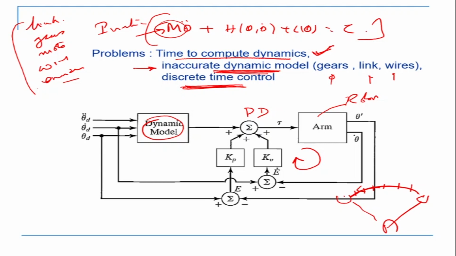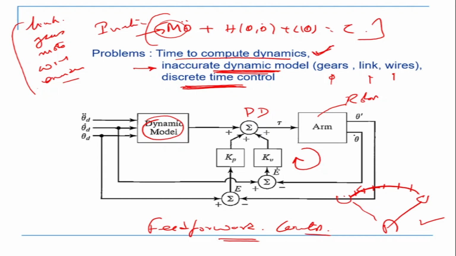So these types of controllers are called feed-forward control. For example, if you are controlling one link or two links, then it is probably a good thing to do, because computing for one link is easy, you're getting a very good dynamic model, and the disturbance is being modeled very accurately, so you'll get a better controller. But if you do it for 6 or 10 degrees of freedom, where your dynamics itself is not very accurate, it doesn't help much. But this is what we call feed-forward control.